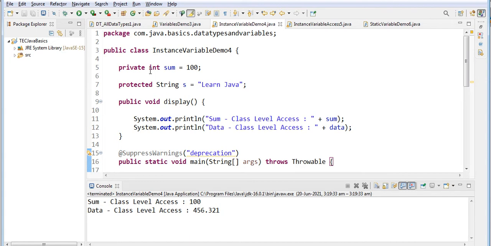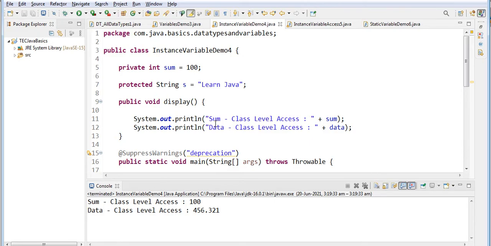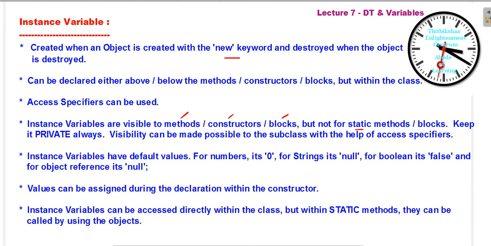Understood? So these instance variables can be accessed directly within the class level, and they can be declared either before the method or after the method. Okay, so these are the 2 points over here.